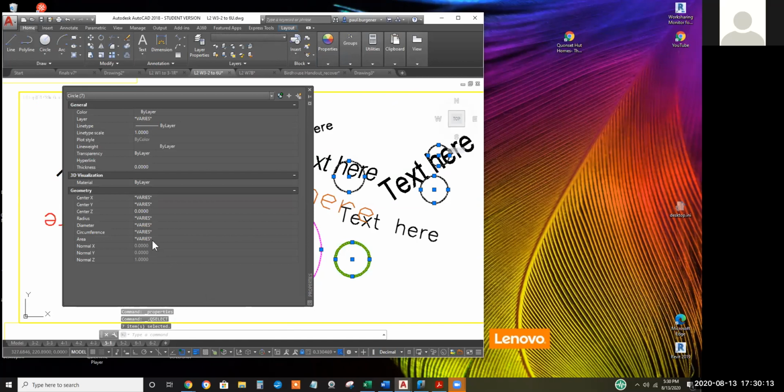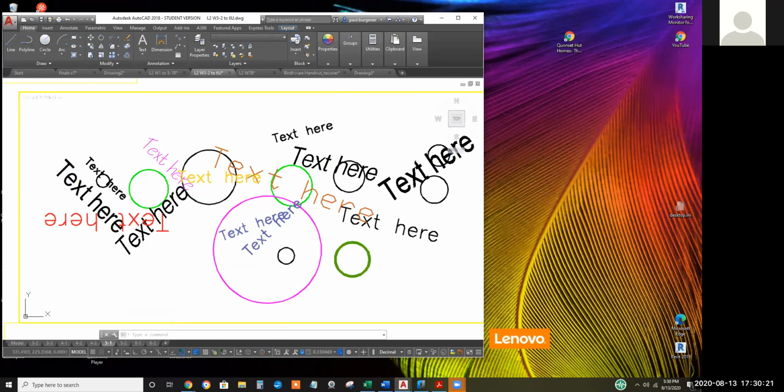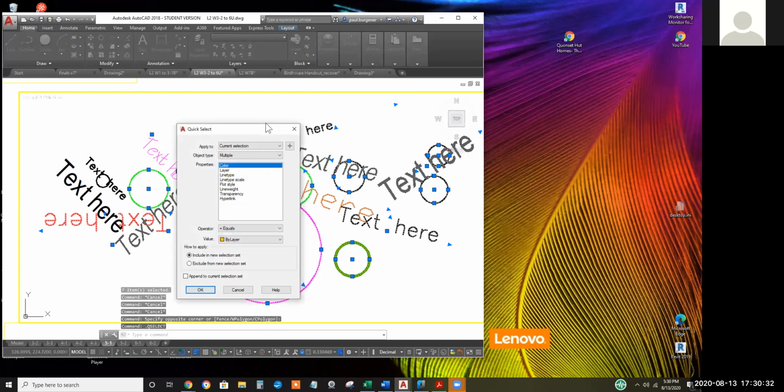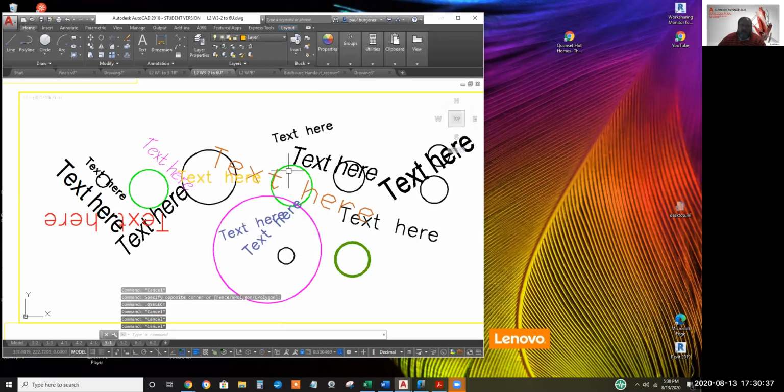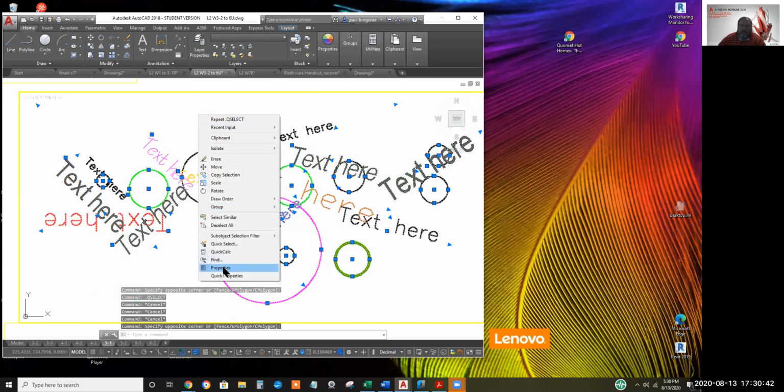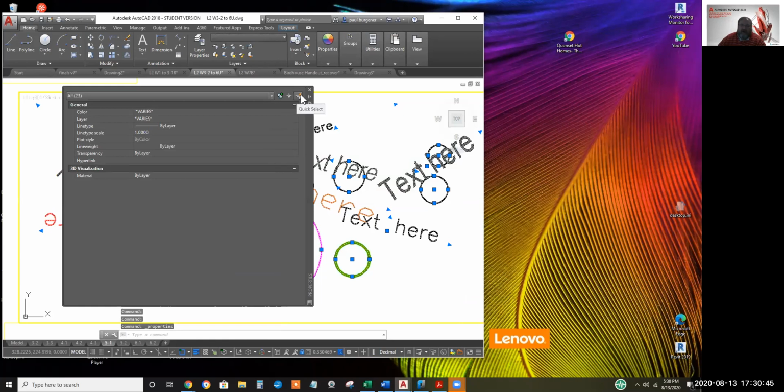You go to properties, but I think you can avoid one step by just going to quick select. If you start over again, Paul, trap it, right click, quick select. Down at the, yeah. Isn't it the same window? Quick select is the icon that I had been using. Yeah, so you're doing 2 more clicks to get into the quick select. Now filter,